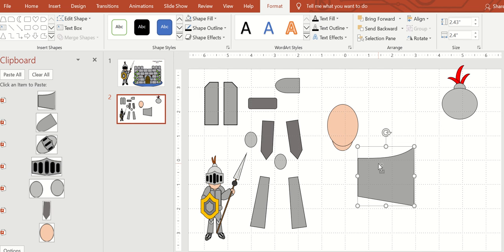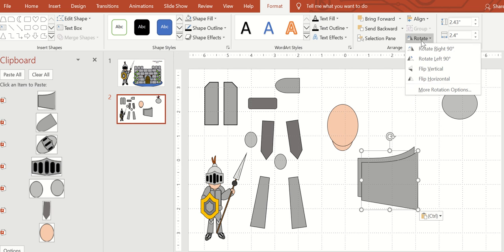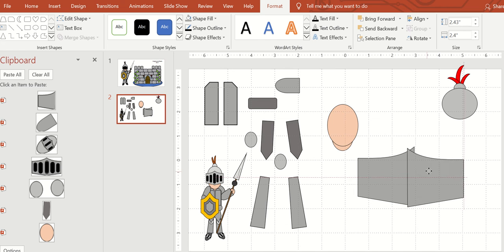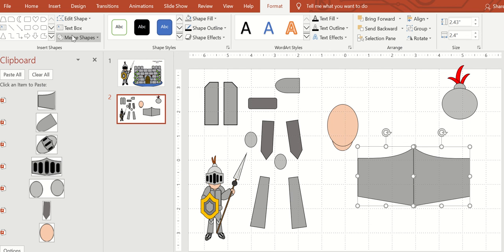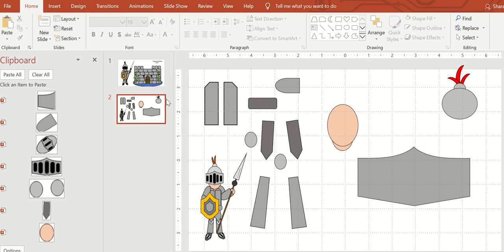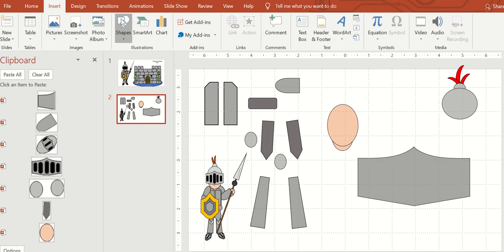and I'm going to copy and paste and then rotate that top one and then bring it together. Make sure it's together, at least it's touching or overlapping a little bit. And then we're going to merge it together into a union. Merge shape, union. If you have a line here, you haven't moved your thing over far enough. Then insert